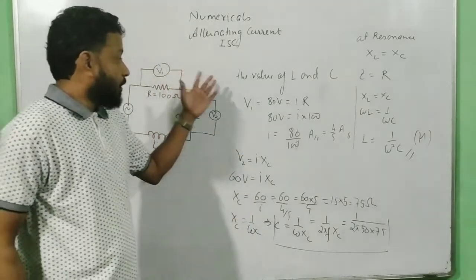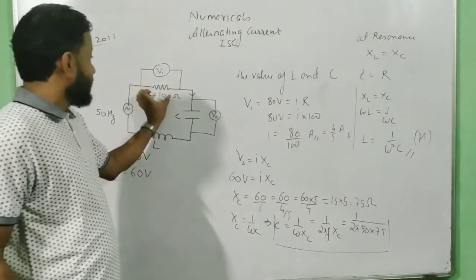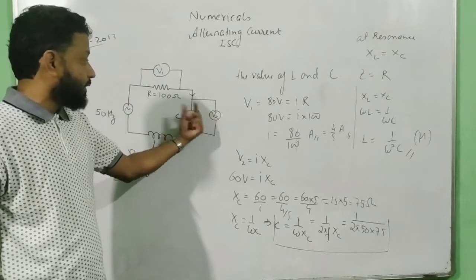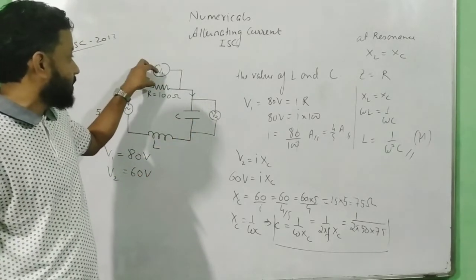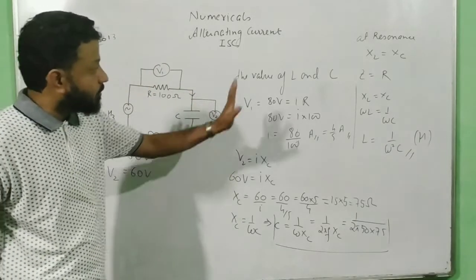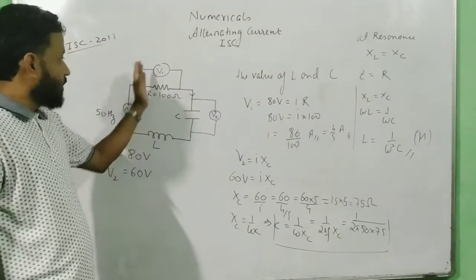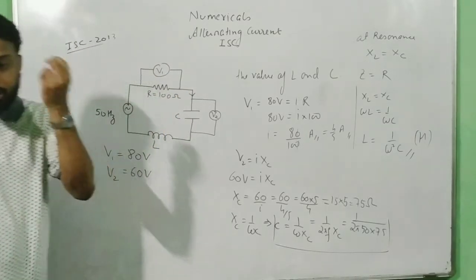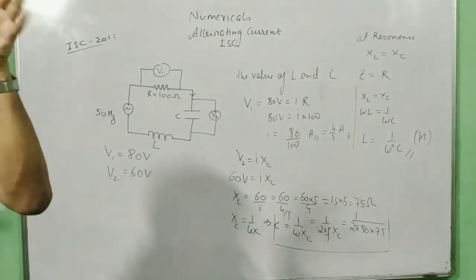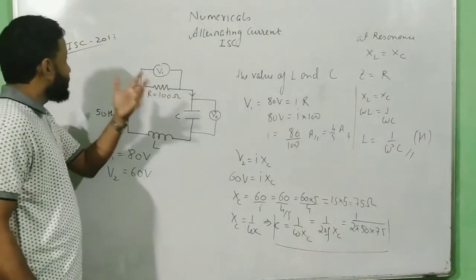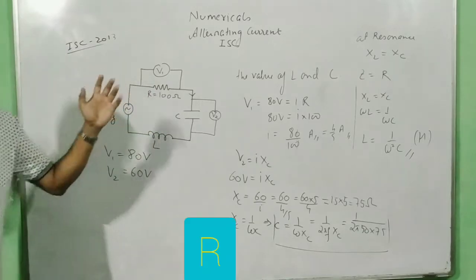So you can find the current in the circuit by using this data. That is the reason why V1 was given to you, and when V2 was given to you, it has one intention, that you find the current from here first, then you go here, and then you find the value of XC, and once you know the value of XC, you can find the value of L. So all these were linked, and that's the reason why this 100 ohm was given to you. You have to understand the reason why the data is given to you, so that you can get this idea. It's a very beautiful question of 2013. This question is very good.